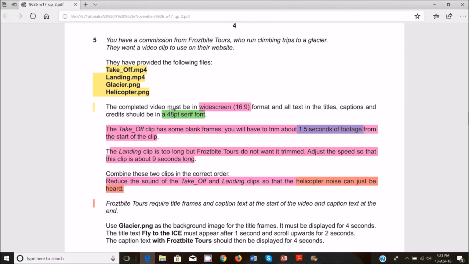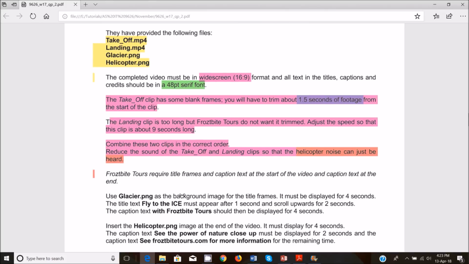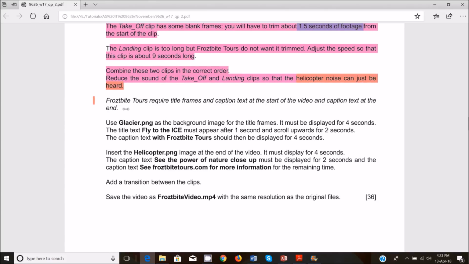Okay. So we've combined the video. They are now together. So let me put it in red. The next thing that we need to do is... we haven't done anything to do with 48 point serif and stuff like that, but we are basically done with this one. Okay, so now we can move on to the next part, which is Frostbite Tours requires title frames and caption